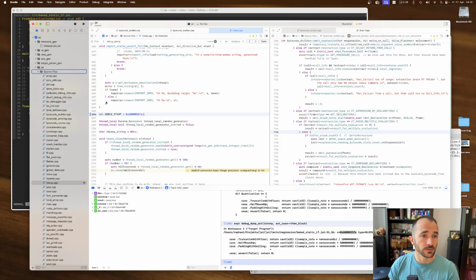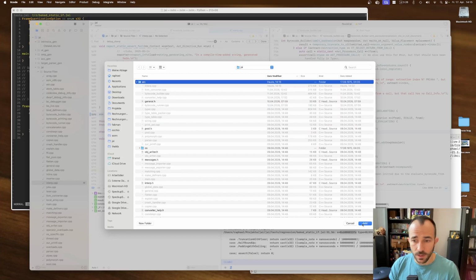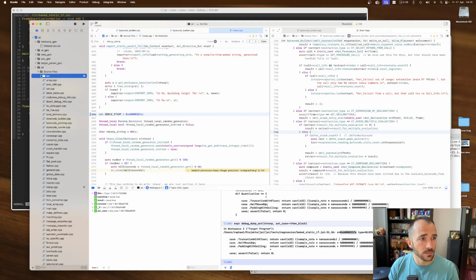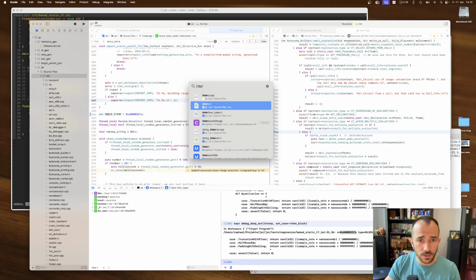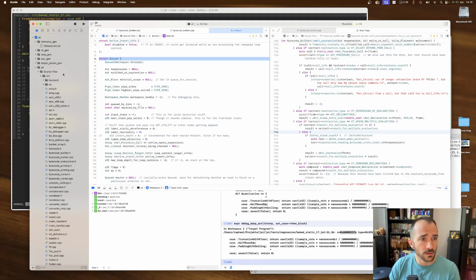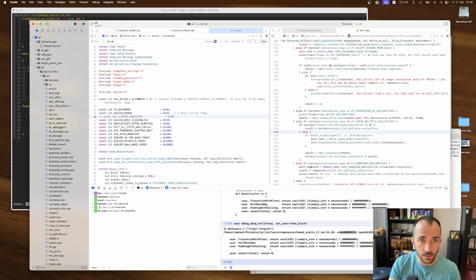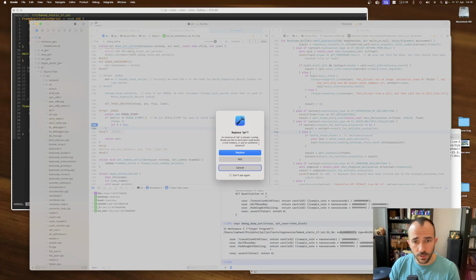Add files. And we're going to take the source. And we're going to say add. And now we have to be careful. We want to add it. Reference file in place. Create groups. Yes. Thank you. And now I can say interp.h, and maybe I should not have added it to the target. We'll see. We might have to redo this. Anyways, we should have here debug stamp. I'm going to set a breakpoint here. We're going to rerun.